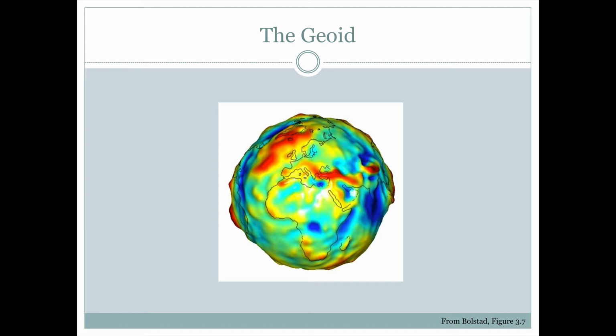Ellipsoids are good if we're measuring things from space, such as with GPS coordinates, but a lot of measurements taken in the past were actually done based on the geoid. So the geoid represents a surface where all of the pull of gravity is the same, and sometimes we call that an equipotential surface. We can see here that in some places it shares locations with the edges of continents,